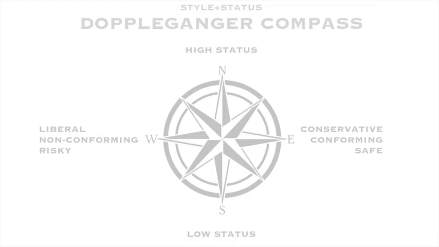So the idea here, in every era, you can use the doppelganger compass to explore different versions of yourself in that period. And then from that, you can scrapbook images that match those archetypes. And then you can start putting together looks, or a look where you can get into some of these more interesting aspects of humanity and get out of that central cluttered area where there's just hundreds and hundreds of unknown generic faces